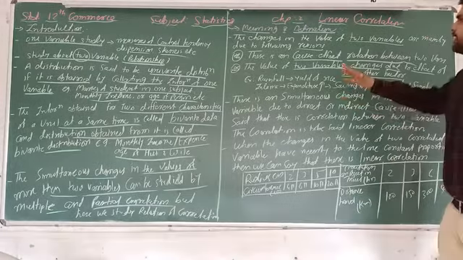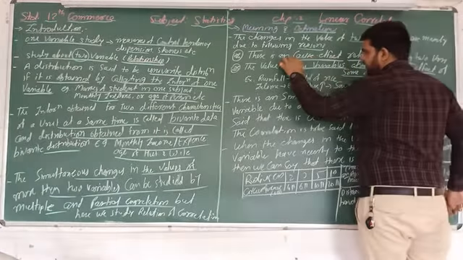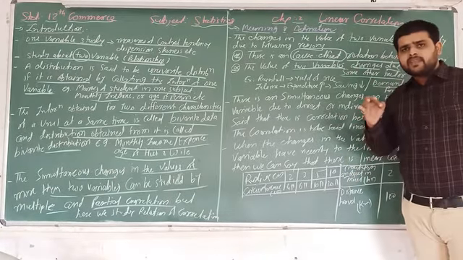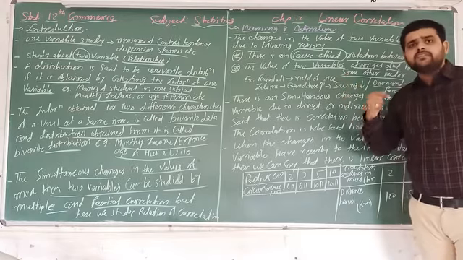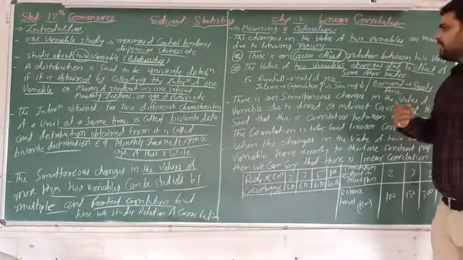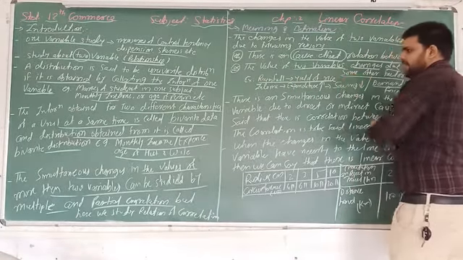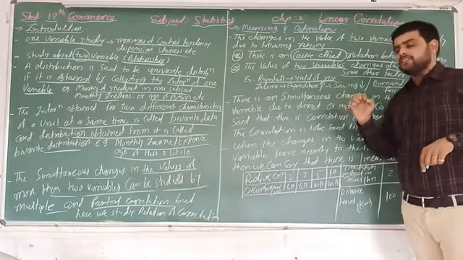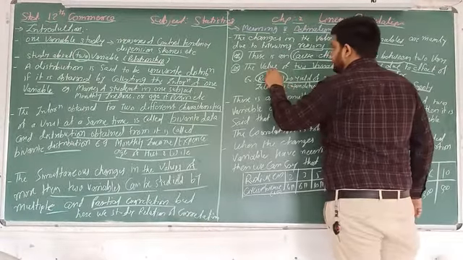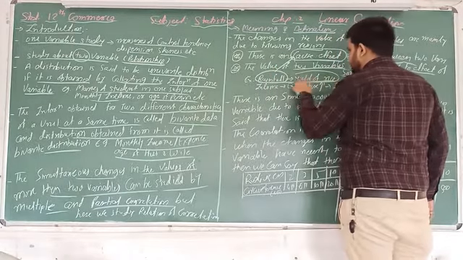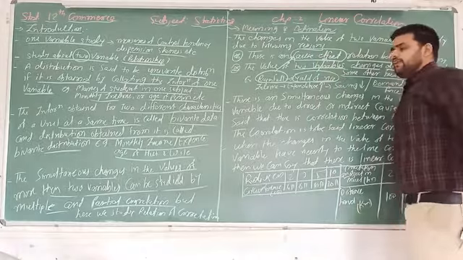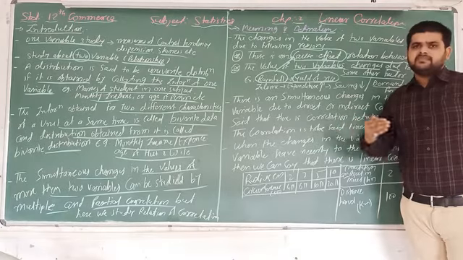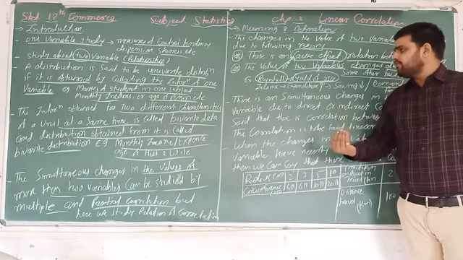Number one, there is a cause and effect relationship. Most important thing, it means that an independent variable is the cause, and due to that cause, some effects occur. For example, rainfall and yield of rice. Due to rainfall, we get the yield of rice. So here rainfall is the independent variable and the cause, and yield of rice is the dependent variable and the effect. If rainfall is good, yield of rice is good. If rainfall is lower, yield of rice is lower.